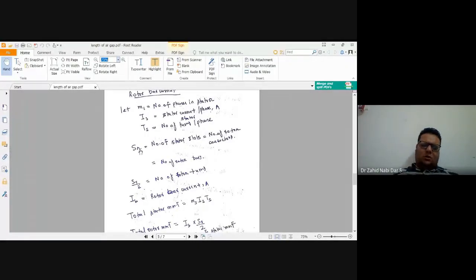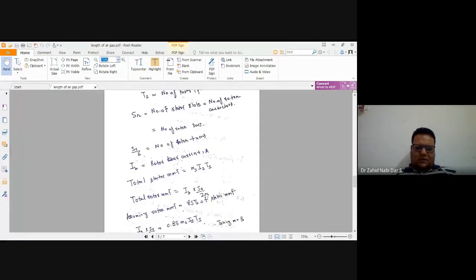Now your IB is the rotor bar current. So inside your rotor, there is some current inside the rotor bar. If you can see the rotor bar, on the stator side, one side only it is linking, another side it is coming out with the shaft and all. So total stator mmf, you can say mmf is ampere turns, is the number of phases into Is into Ts. Similarly, like we did in our transformer, current into number of turns I'm multiplying for mmf. And rotor mmf would depend upon the current inside the rotor and the number of turns.